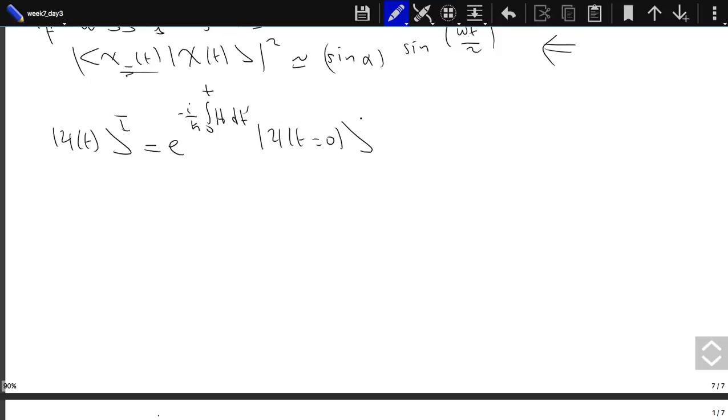Or let's say in the interaction picture, this will be h prime I. That's the change in the Hamiltonian. So if something changes very fast and then stops changing, such as moving the wall to, say, twice the length,